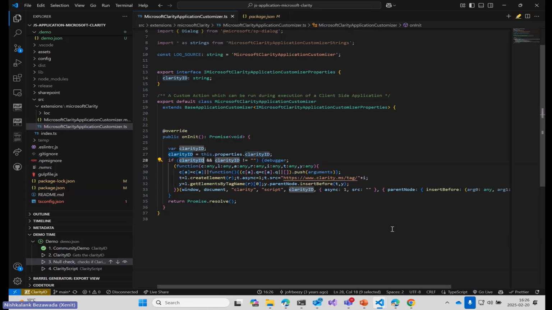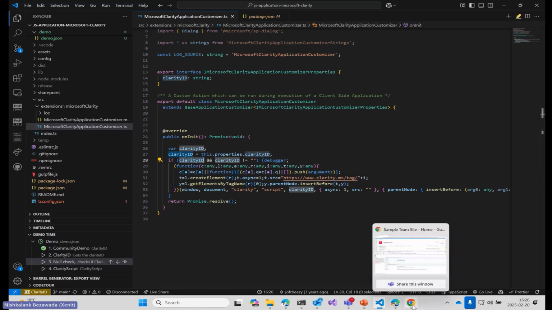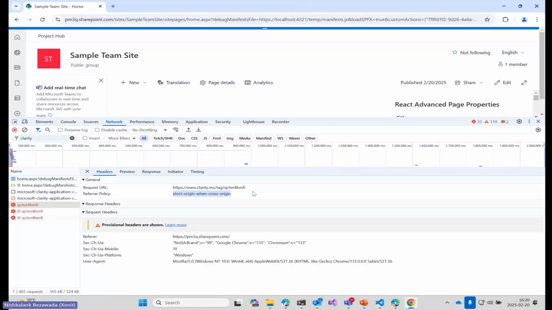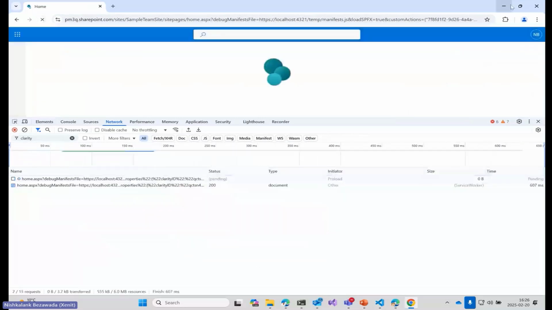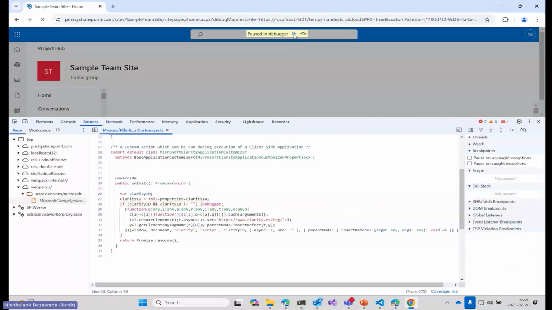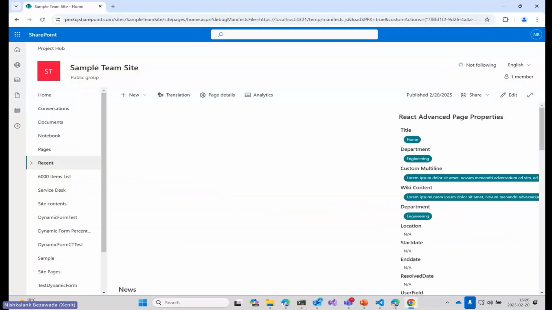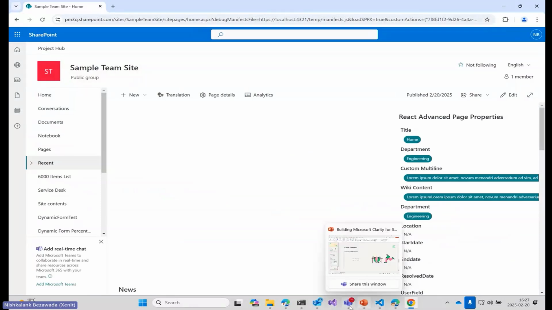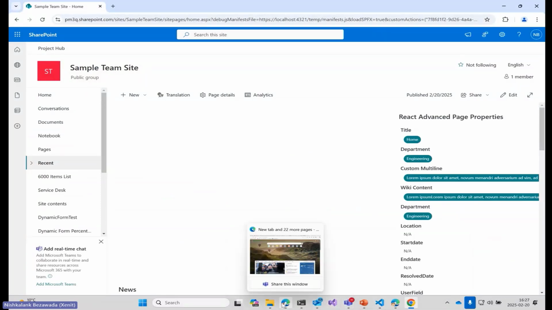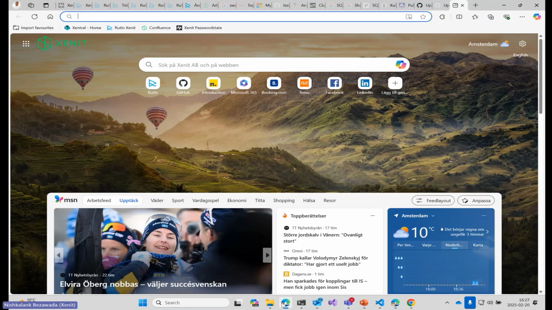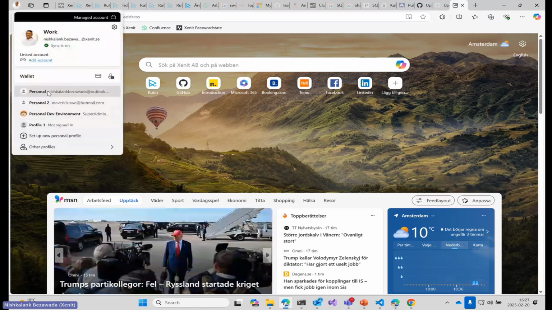So basically, as I said before, I have some issues with the network. I have just switched my machine to a new one, but I'm getting network errors while running this. So I'm really very sorry that I couldn't show you how the sessions would look, but I can show you the Clarity part.